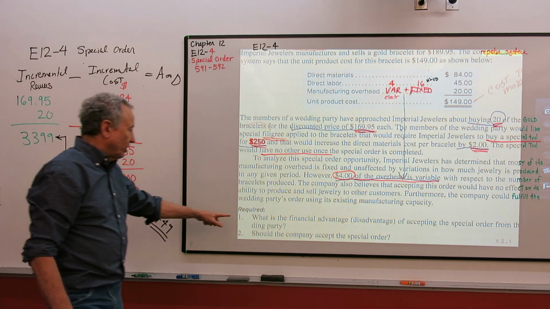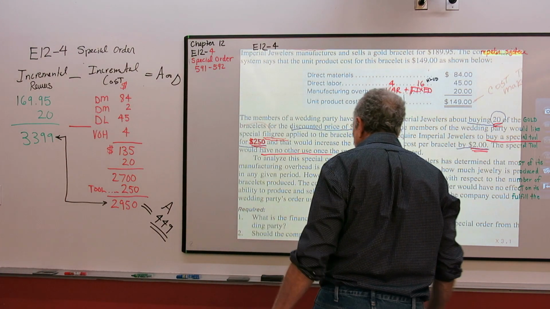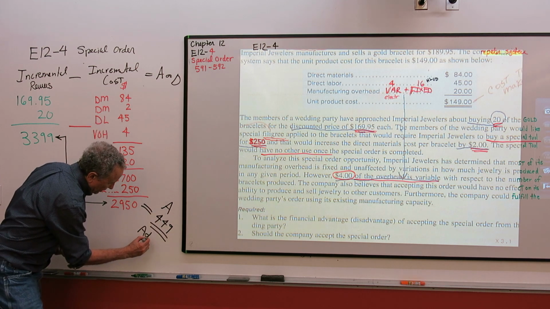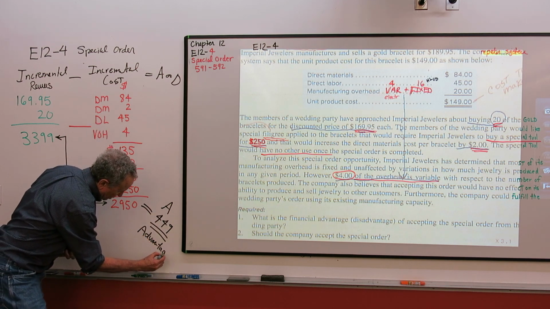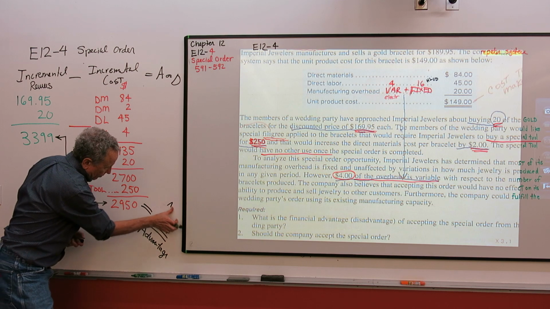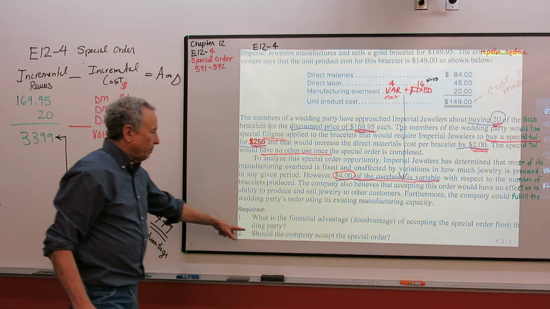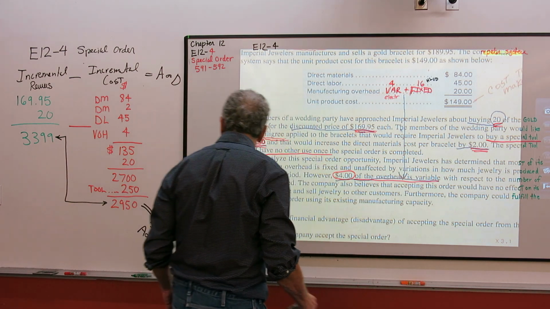So in this one it says, what is the financial advantage of accepting the special order from the wedding party? The advantage, let me put it here. That's your advantage. The financial advantage is $449. Should the company accept the special offer? Well, I would say,